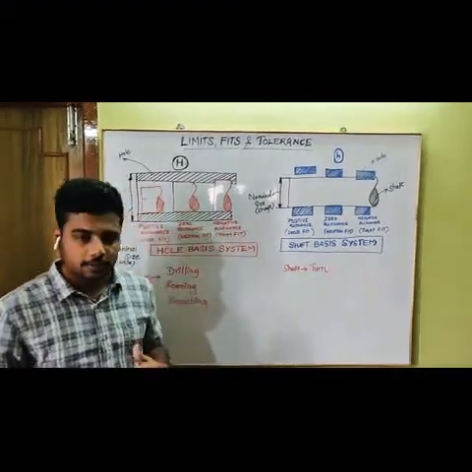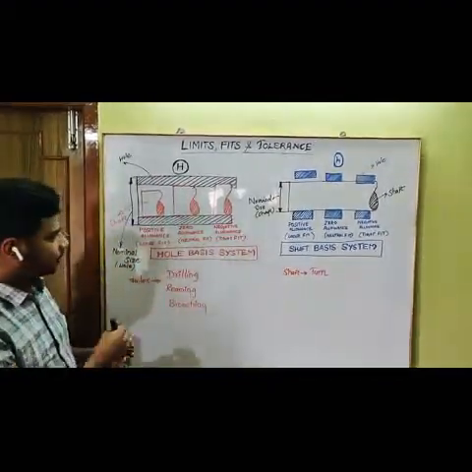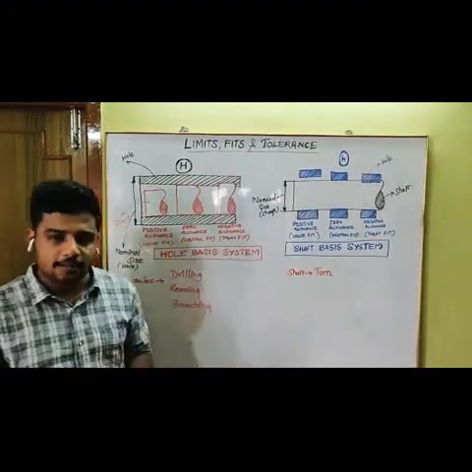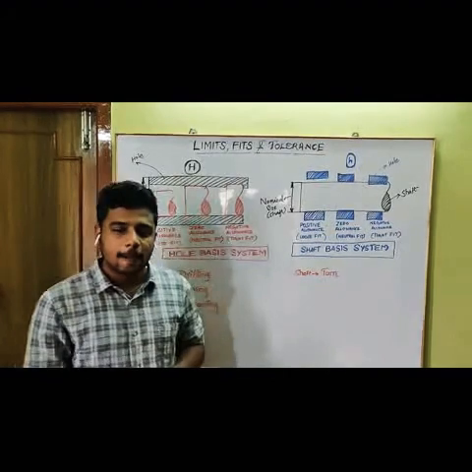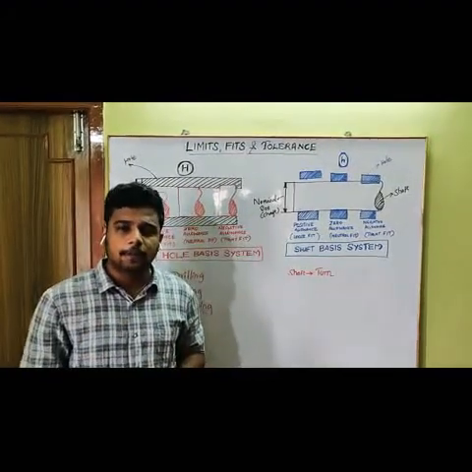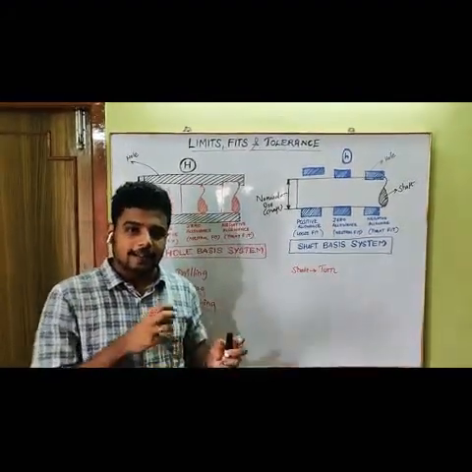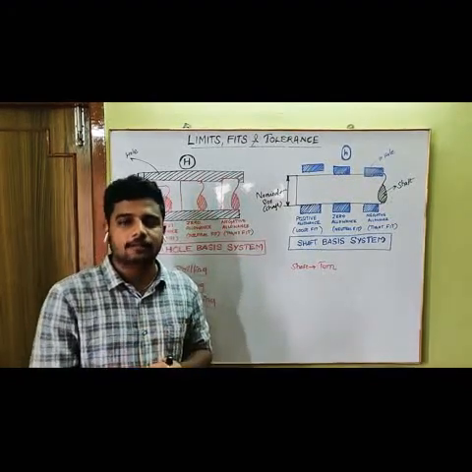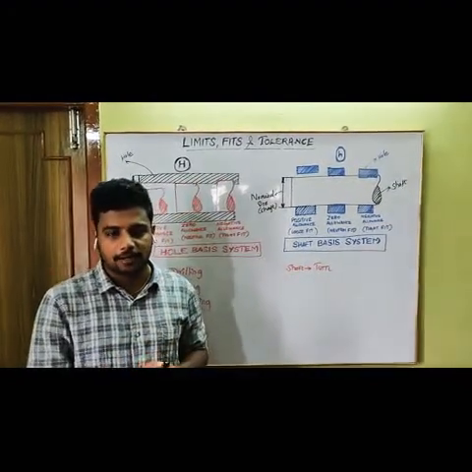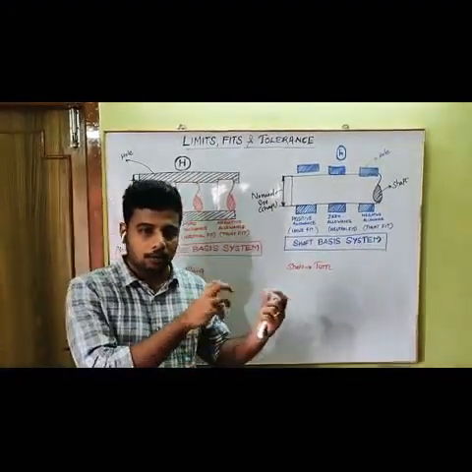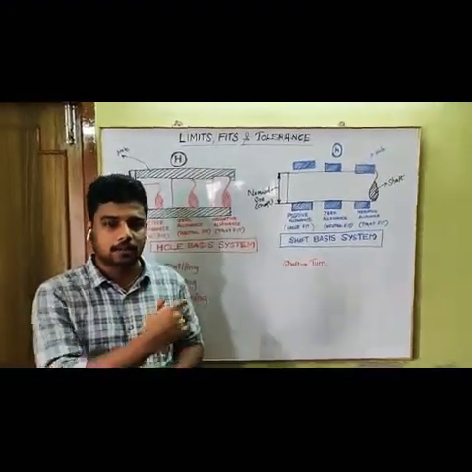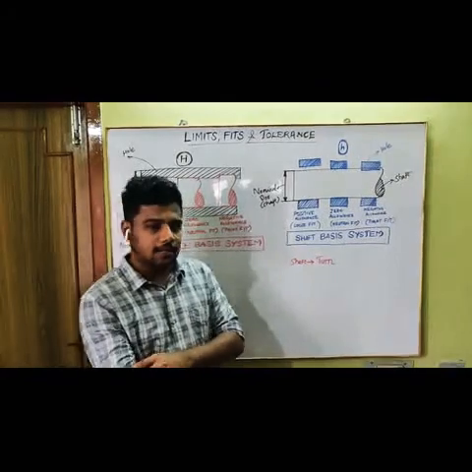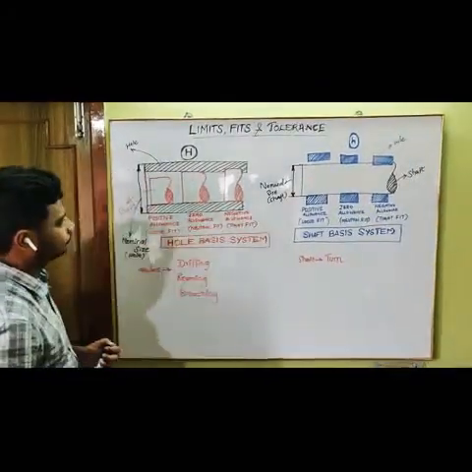In this video we are going to see the two main basis systems that you are going to use. This is useful for deciding which kind of basis system we need to select to manufacture a part. Either we can go for a hole-based one or a shaft-based one. So how can we select that? For that we are going to see here in the part 2 section.